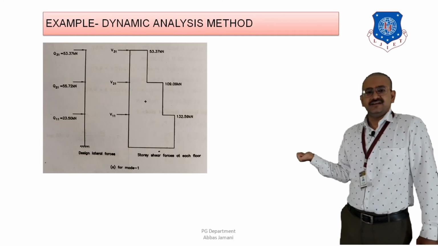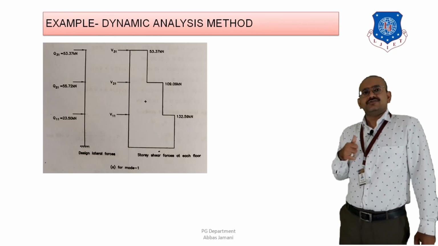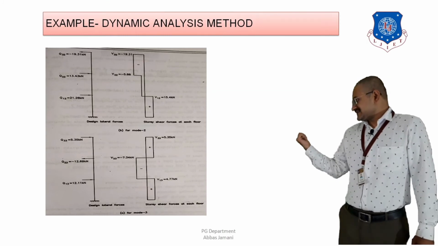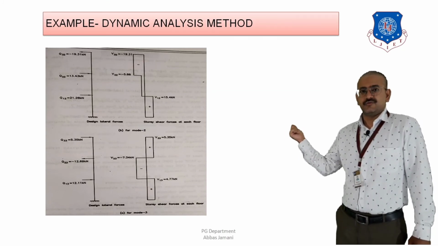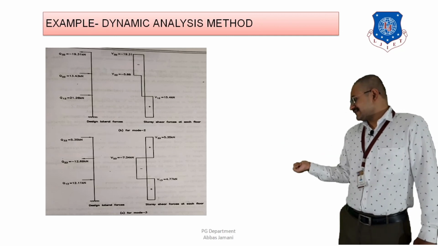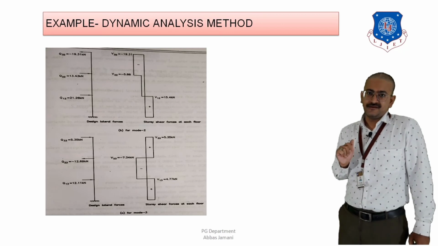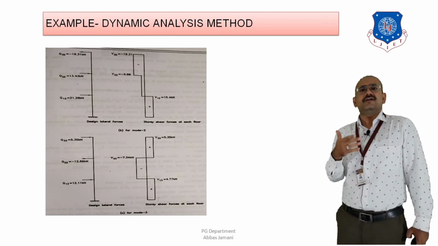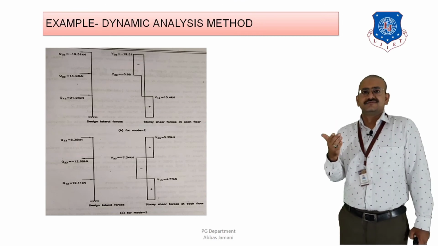The same thing can be seen in the figure over here, where the values are independently shown for all three modes, that is mode 1, mode 2 and mode 3. In this figure you can see the values of story shear and lateral forces corresponding to mode 2, and similarly in the other figure the values of lateral forces and story shear corresponding to mode 3 are shown. Right? So this is the completion of the third step, that is the calculation of lateral forces for each of the stories corresponding to each of the mode shapes.